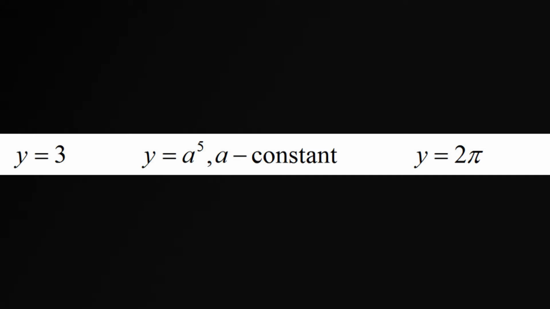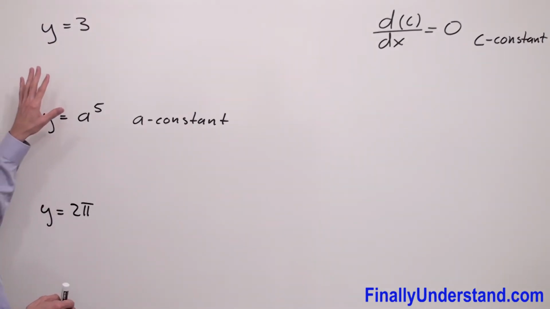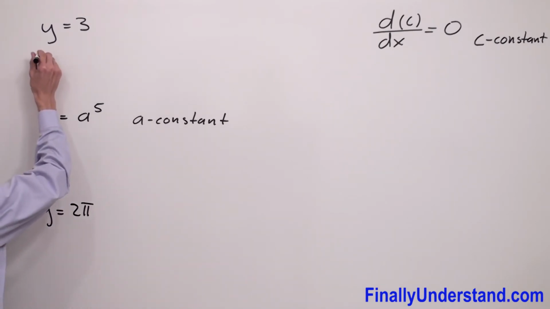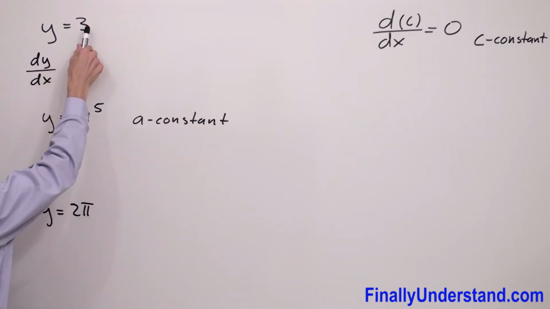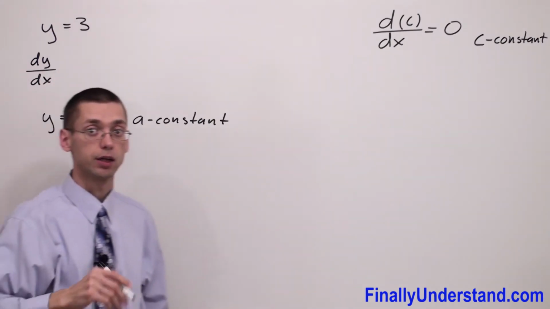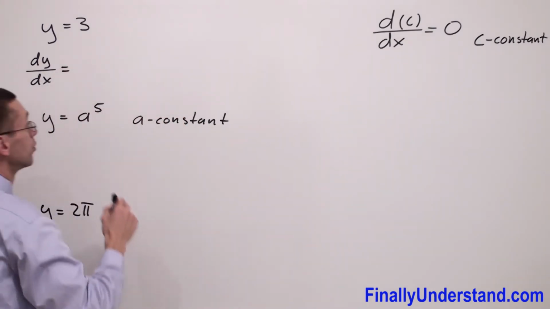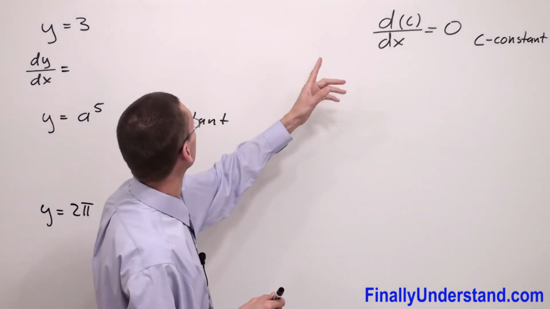Let's take a look at these three examples. This time we're supposed to find the derivatives of constants, okay? So in other words, I have to find dy over dx. Because my function doesn't have x, 3 is nothing else, just a constant, okay? This is my constant, that's why I'm going to use the formula for the derivative of a constant, okay, which